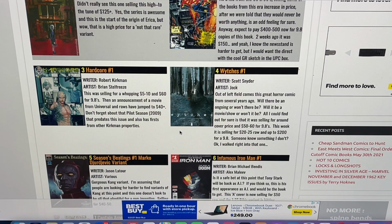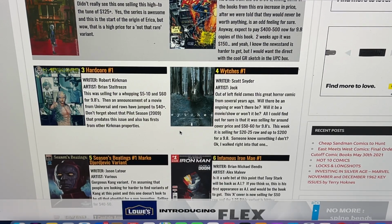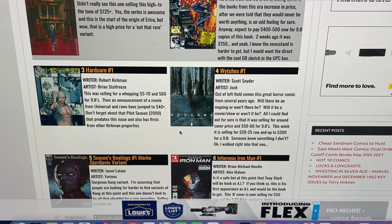Looks like, no, I'm sorry, raws have jumped to $40. And I don't know if there's been a 9.8 sale since then. It's going to be developed. It says, don't forget about that Pilot Season 2009, which predates this issue and also has a first from